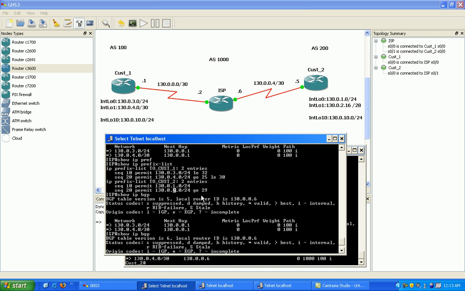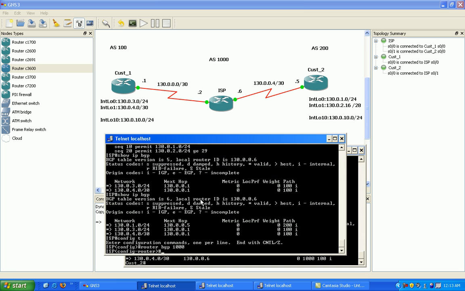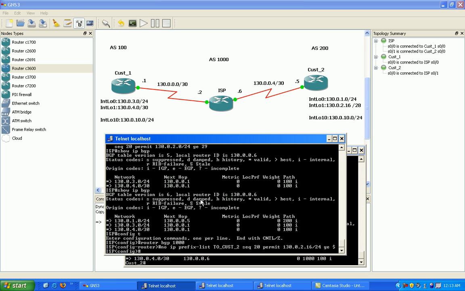what we can do is go in to the ISP router here, go back into that prefix list, do a no for sequence 20 on the prefix list to customer 2, and then go back. Now if we were to change this to less than or equal to 29, do you think that's going to match? That should match, because what that's saying is